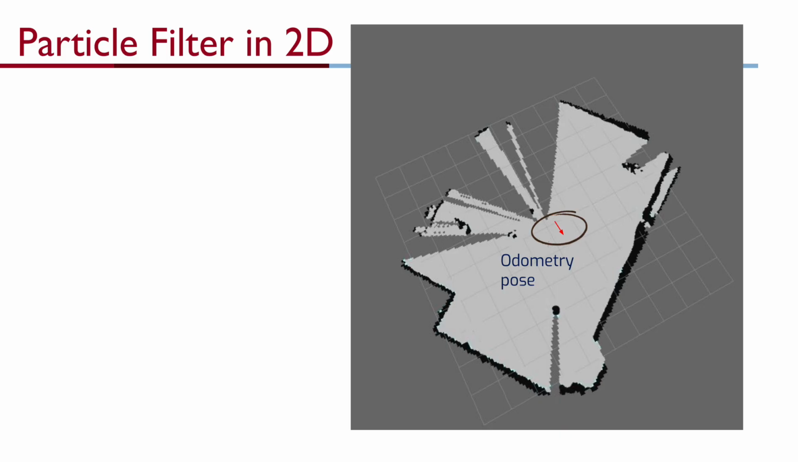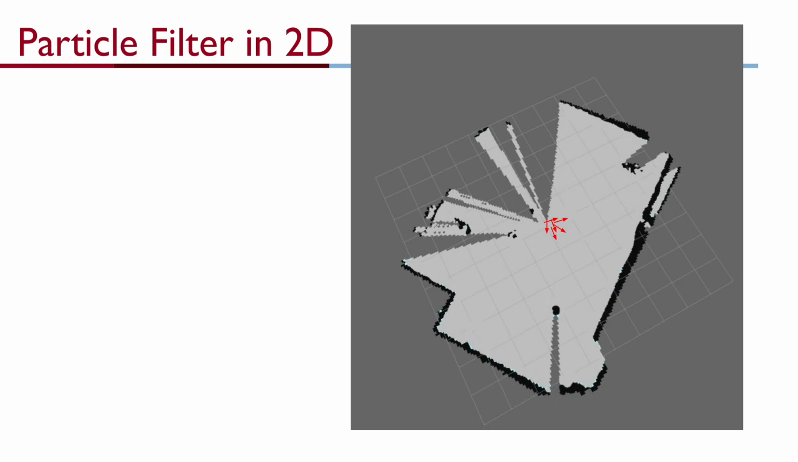on the map. The first step is to generate a set of hypotheses for where the robot might actually be. We do this by drawing a set of particles from a Gaussian distribution. The mean of the distribution is the odometry pose, and the covariance defines how spread out the particles are around that pose. In other words, each particle represents a possible true position of the robot, formed by adding controlled noise